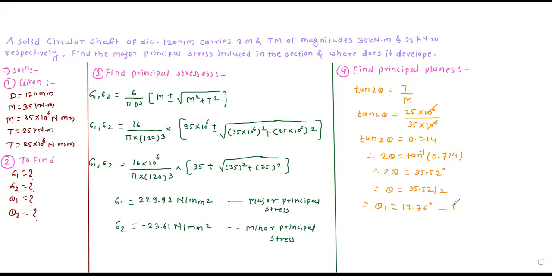So this is the major principal plane. Next we have to find the minor principal plane. Therefore theta 2 equals theta 1 plus 90 degree. Theta 1 is 17.76 plus 90, so theta 2 equals